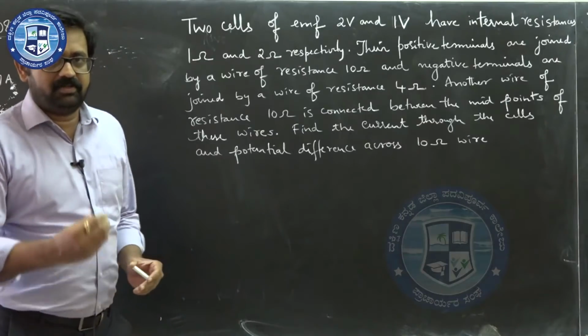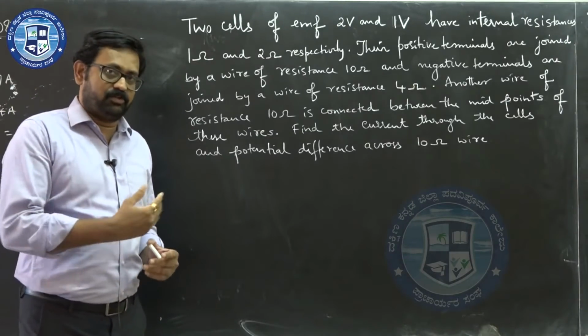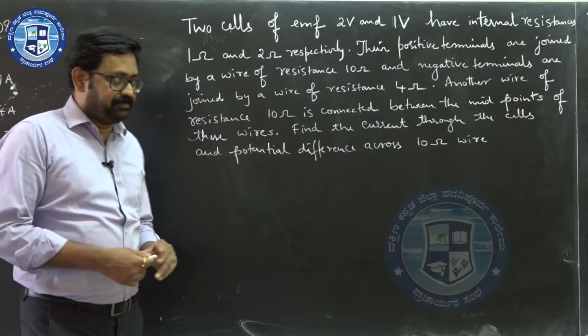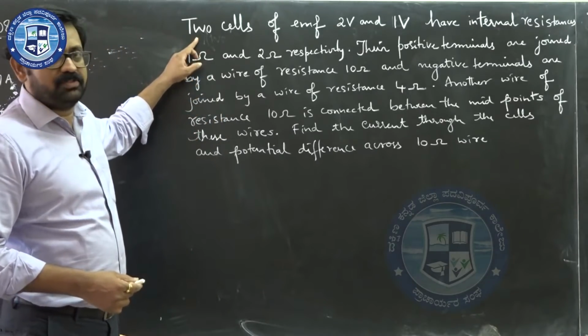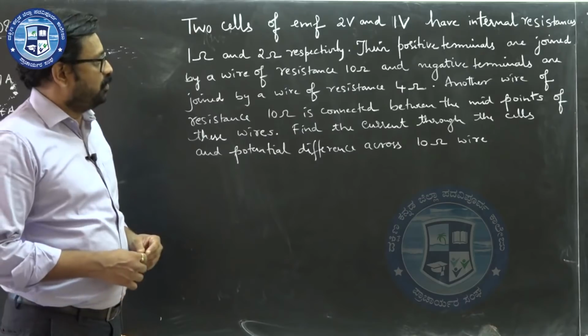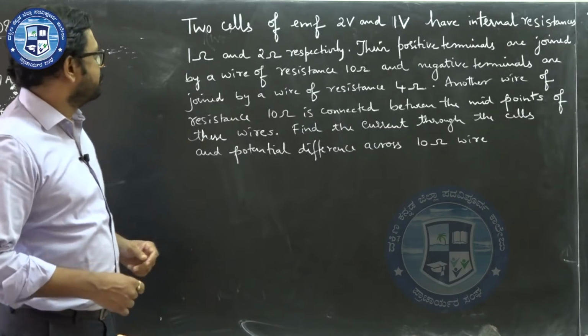Okay, we'll take a few numericals related to whatever topic I have covered. See the screen. There are two cells of EMF 2 volt and 1 volt, having internal resistance 1 ohm